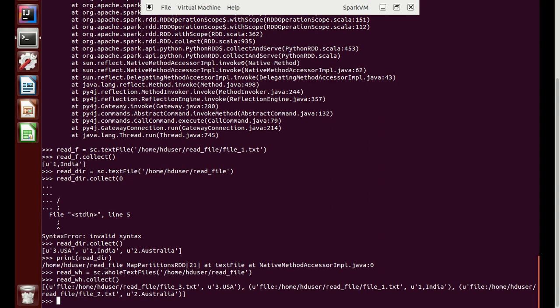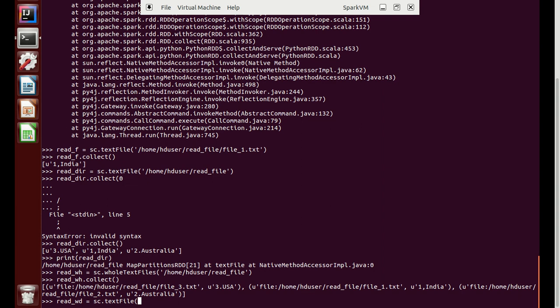Now we will try to read using wildcard. When you are working on a real-time system, sometimes we can have a scenario where we have to read multiple files that have the same format. Maybe you have files coming in every day, and suppose we want the complete data. Then we can read the complete data by providing the wildcard entries.